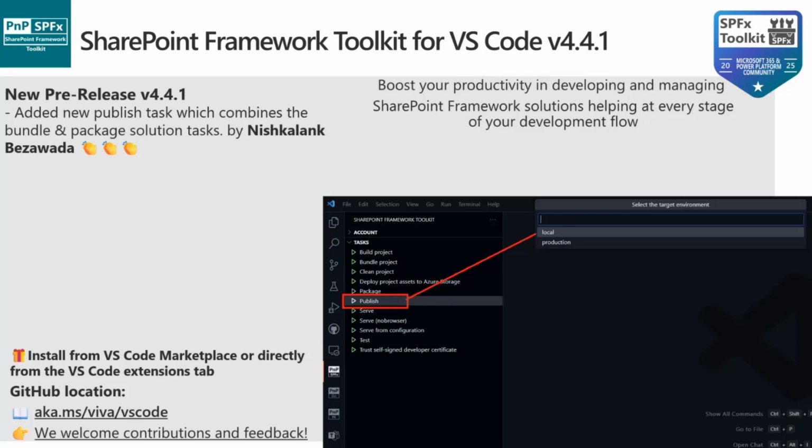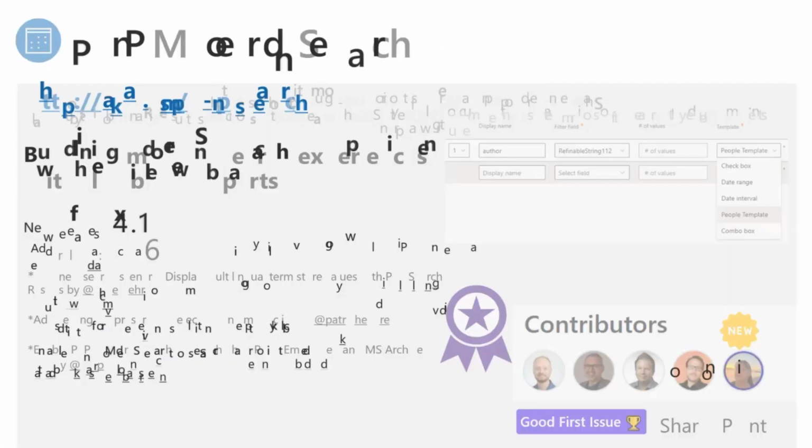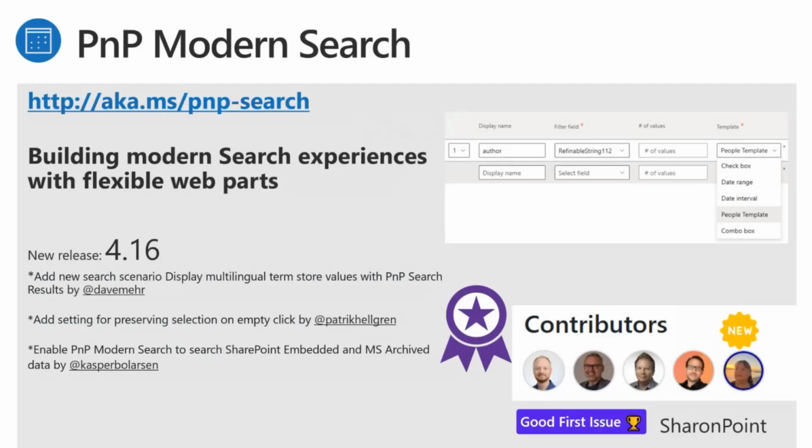So if you don't know what this is, it's a tool you can add to Visual Studio Code, in which you can then have that framework for doing standard tasks with SharePoint Framework. So that's super cool, that tool, and it's really active from what I've seen as well. You also get a badge as well if you've got some ideas you want to contribute towards this. There's a badge for this one too, which is super cool. Over to you, Casper. Thank you.